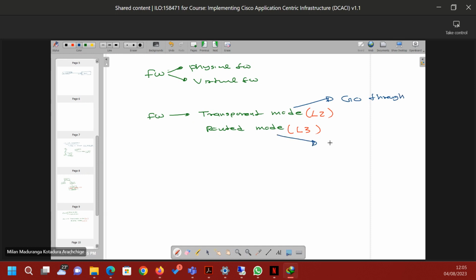Routed mode we rename as go to. There are two integration modes, go through and go to. You can select, right? Then another concept,